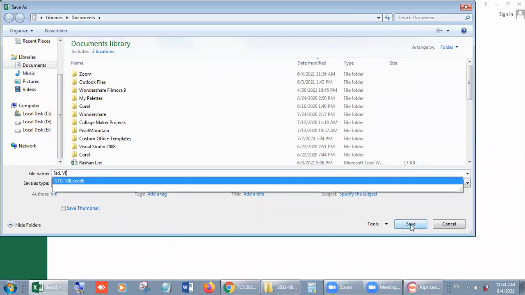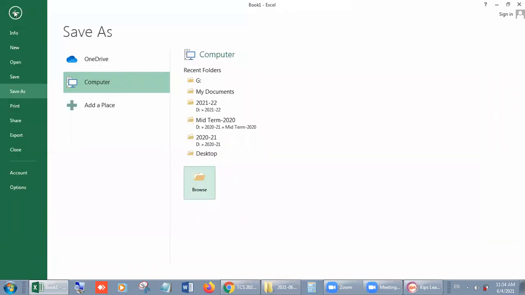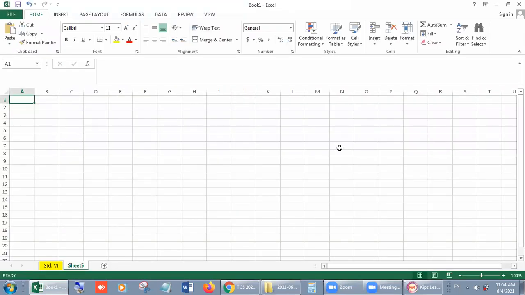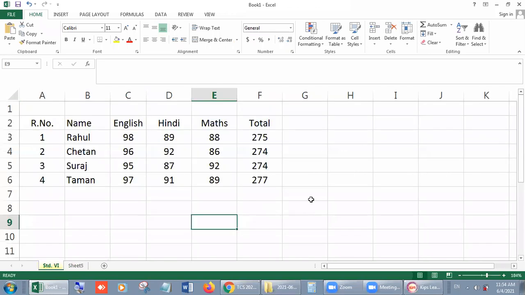And if I click the Save button, then it will automatically save the file. This is the method with the help of the mouse, and with the help of the File tab, right?